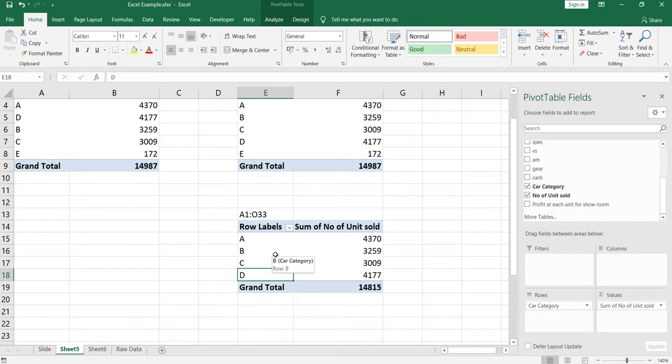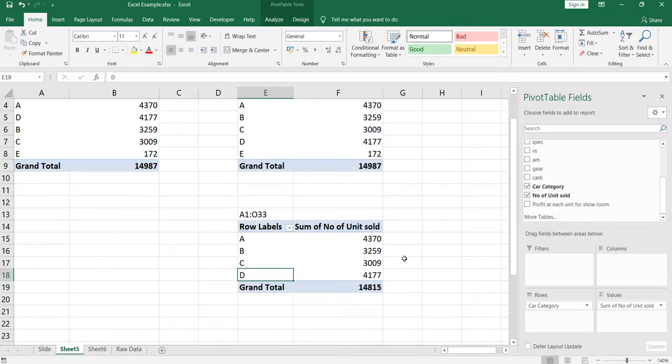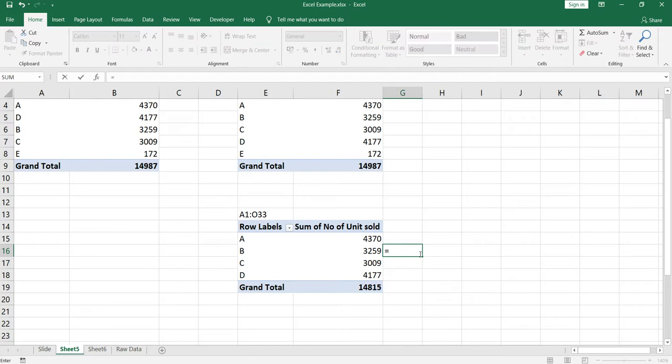So what exactly happened is that I have changed column M car category as B underscore V, and the number of cars sold is 172 for this. Now if I reduce this, 3259 minus 173, I get a value of 3086, right?